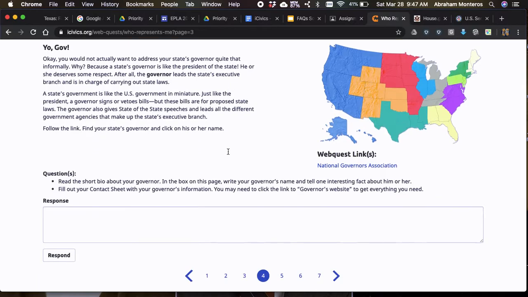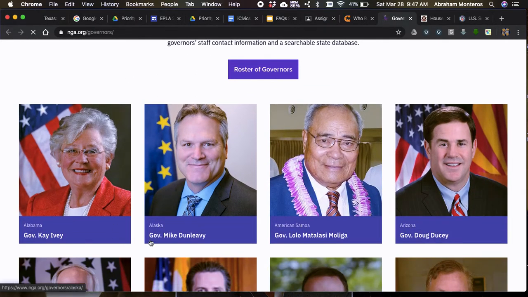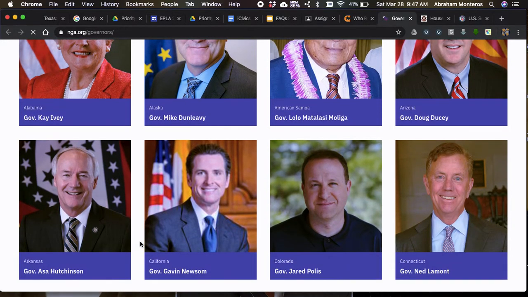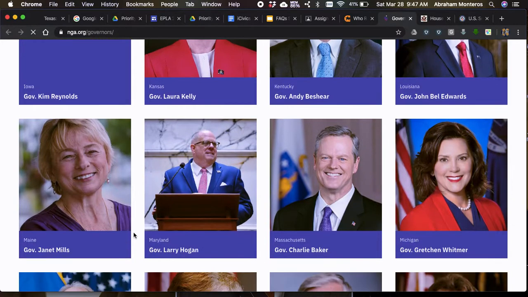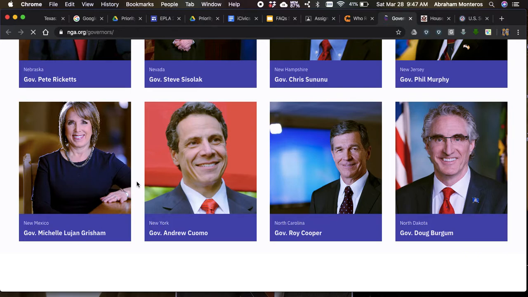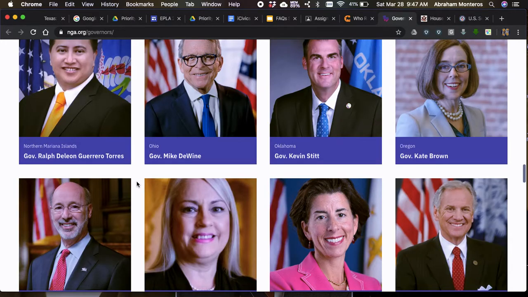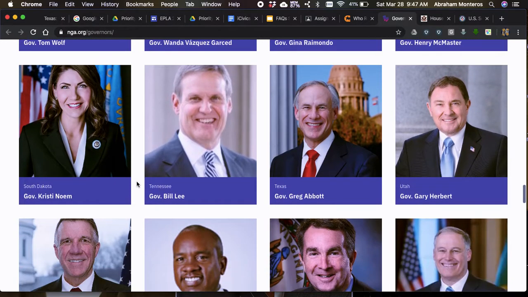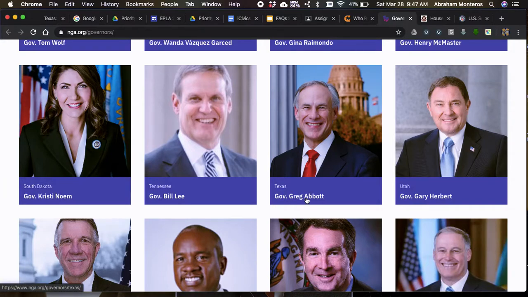Governors. So who is our governor for Texas? Again, you're going to click on the link. This one gives you the list of all the governors. How many governors do you think we have? If you said 50, you're correct because we have 50 states. These are in alphabetical order according to the state, and you're going to scroll down to look for the state of Texas. If you've been paying attention to the news, governors have also been interviewed a lot in responding to the coronavirus. Here's Texas, and here's our governor, Greg Abbott.